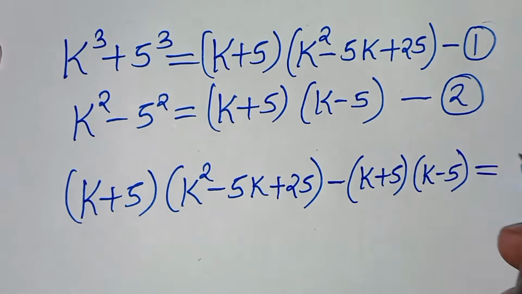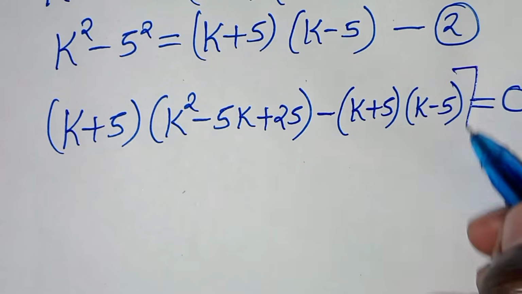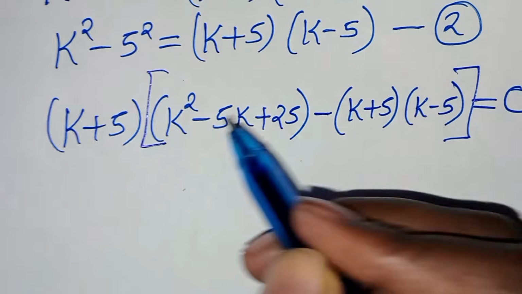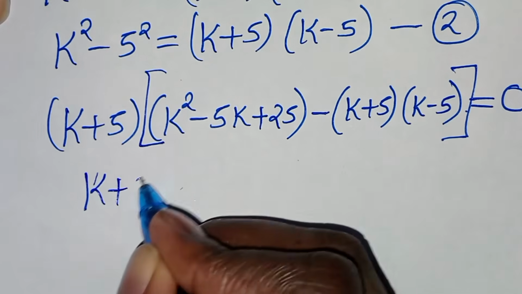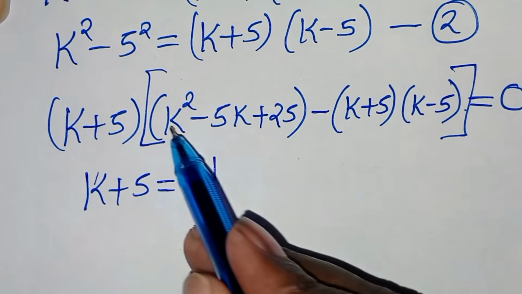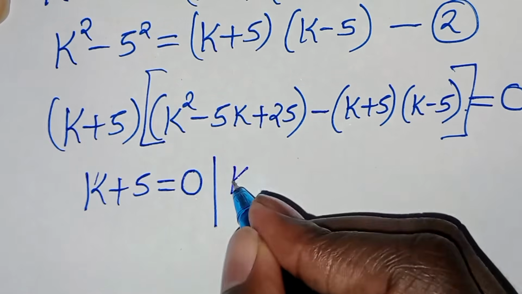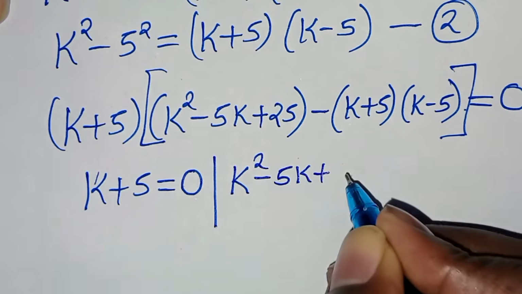This is equal to 0. Now, here we have two parts. The first part is k plus 5. This is equal to 0. The second part is here, which is k squared minus 5k plus 25